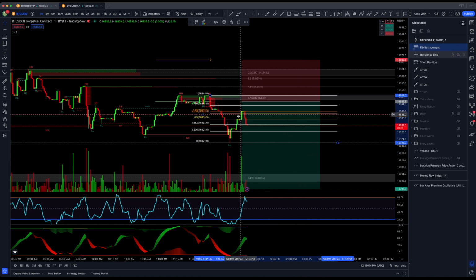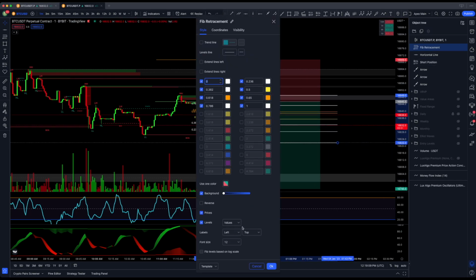So that's now my golden pocket, that little fib area. Now the other thing I like to do is have my values on the right hand side. I like the numbers to be quite small. Yeah, nice and small. Okay. Now I can delete that one and then save as